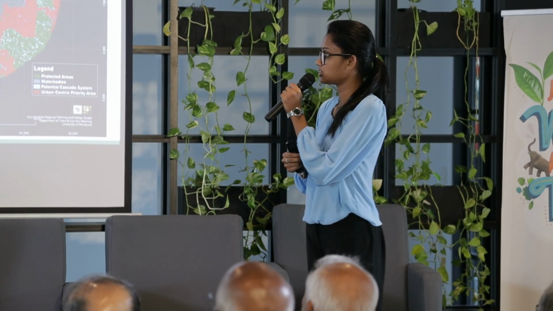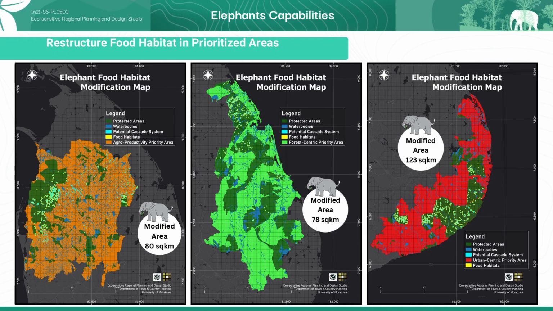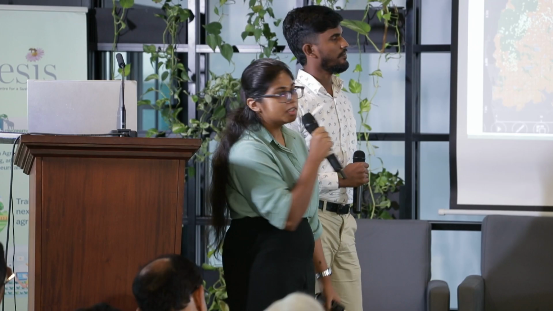Dilip, do you think that after implementing the Sahajivana Pibiduma program, the intrusion of elephants into villages can be effectively avoided? Yes, Navodhi. We think so, through enhancement of community capabilities in many ways. Also, we are going to enhance elephant capabilities as well. For that, we use 2 strategies. The first one is to reconstruct abandoned cascade systems inside the protected areas and make sure water is available. The second one is to restructure food habitat. Here we develop a 100-meter buffer zone around selected water bodies and plant grasses.